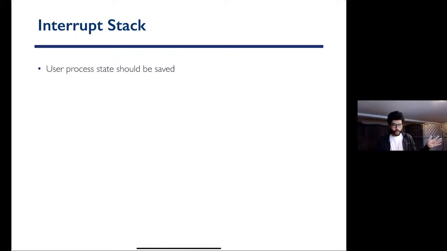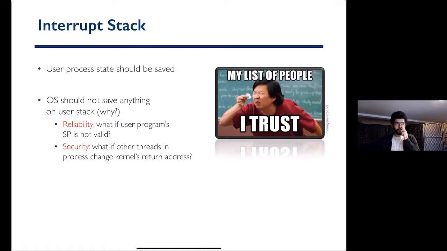One first thing that might come to your mind is, okay, maybe we save it somewhere in user memory, right? And in particular, we might actually want to save that on the user stack. Can we do that? Is that a safe option? The answer is no. You should never, under any circumstances, use user memory for your kernel code, because it's against